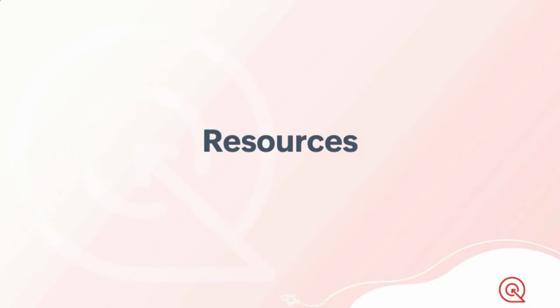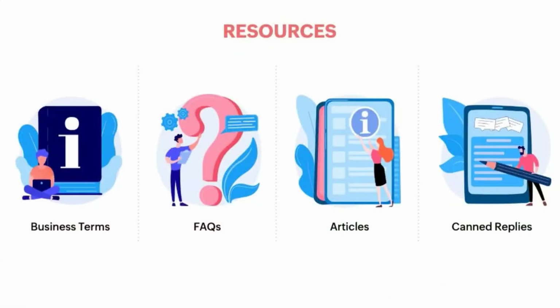They also lighten your operator's workload. They also help the bot in answering questions that it does not know answers to. And sometimes they help us learn about features that we've missed out on or features that have been newly released. So there are 6 different categories of resources in Sales IQ: business terms, articles, FAQs, canned replies, small talk, and UAQs. Let me tell you about each of these one by one.